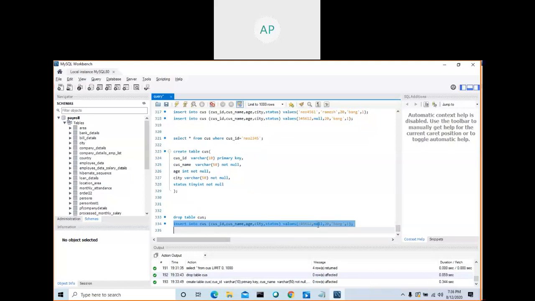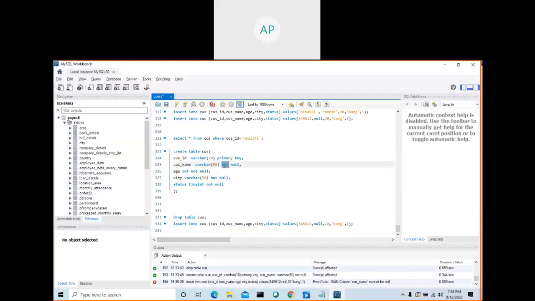Now if I run this, I am getting the error, see here: column cannot be null, because you mentioned NOT NULL. This is the right table. You cannot enter without a value for this one, this one, and this one. Since you made it a primary key, it does two validations: one is unique and another is not null.